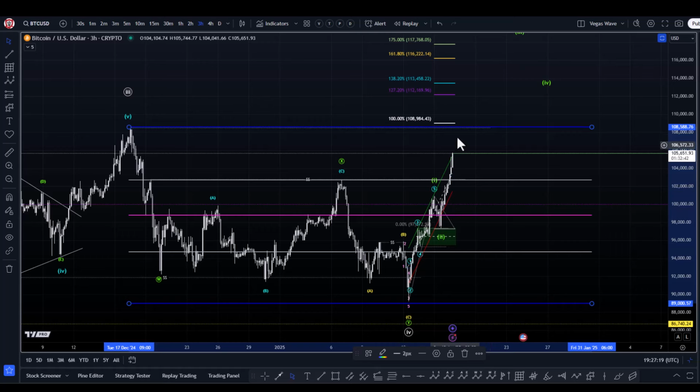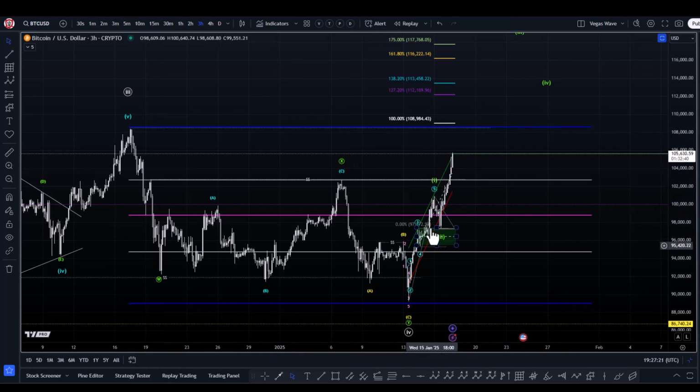Just duly noted, caution ahead, right? So wait for the retrace, right? It may be shallow, right? As we saw here. So be selective about your entries here, unless you're doing something which many people do, is